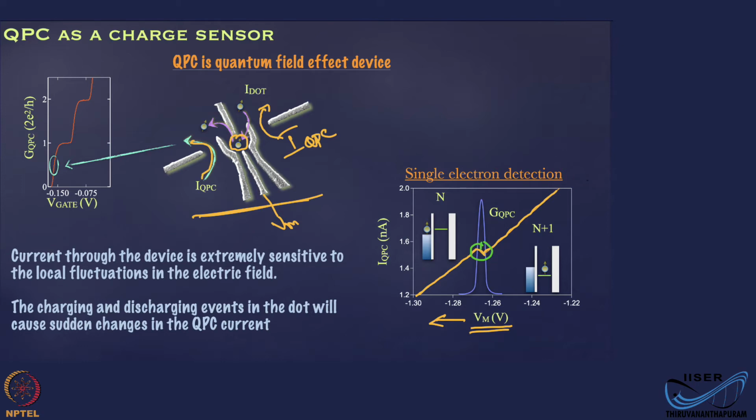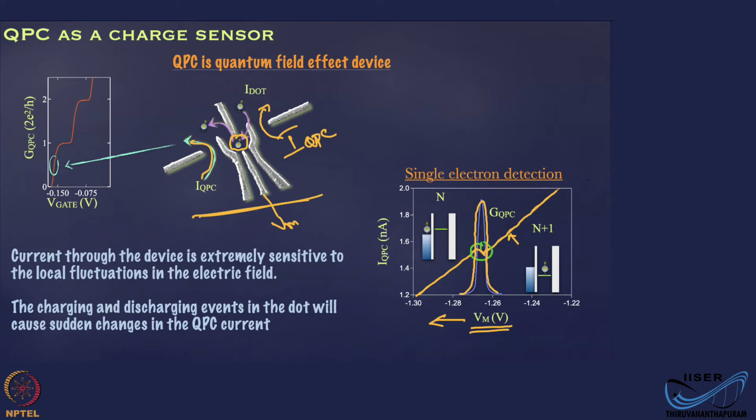And this is just to explain the effect that you are going to see when an electron moves out of the dot or into the dot. And this trace here is a conductance of the QPC, or the derivative of this trace. Okay, so you will see peaks similar to Coulomb blockade peaks, but these are the conductance changes in the QPC, not the Coulomb blockade peaks, but this stands for Coulomb blockade oscillations, because in this range, Coulomb blockade oscillation cannot be measured directly by measuring the current through the dot.